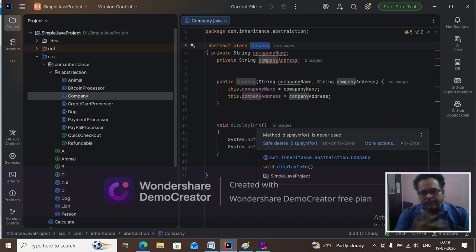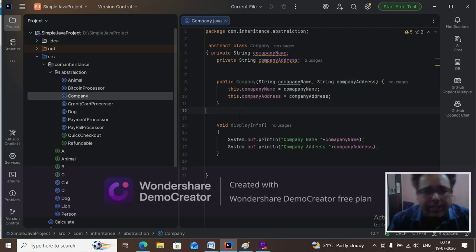Okay, so ऐसा नहीं है कि आपकी क्लास के अंदर एब्स्ट्रैक्ट मेथड होगा तभी आप उसको एब्स्ट्रैक्ट क्लास बना पाओगे। आप एज ए नॉर्मल क्लास, किसी भी नॉर्मल क्लास को आप एज ए एब्स्ट्रैक्ट क्लास बना सकते हो। जैसे ये नॉर्मल क्लास है अभी कंपनी, लेकिन मैंने इसको एब्स्ट्रैक्ट क्लास इसलिए बनाई because I want to utilize this class in case of inheritance. I want to create some subclasses with the help of this parent abstract class. Okay, so abstract class का यूज होता है only for inheritance, ठीक है।